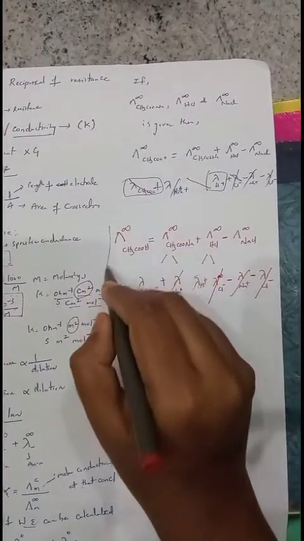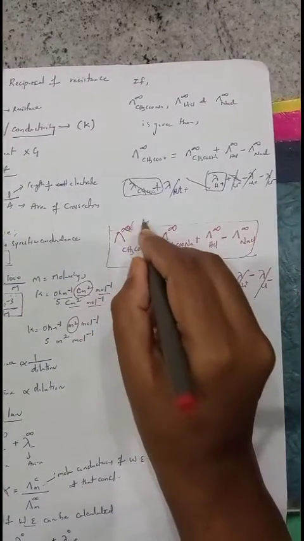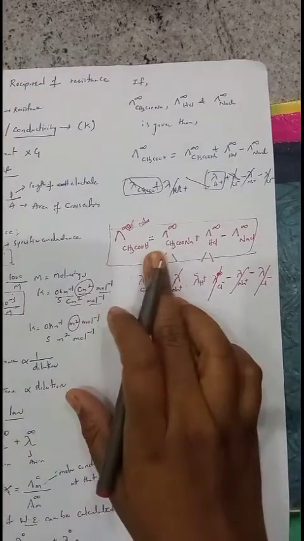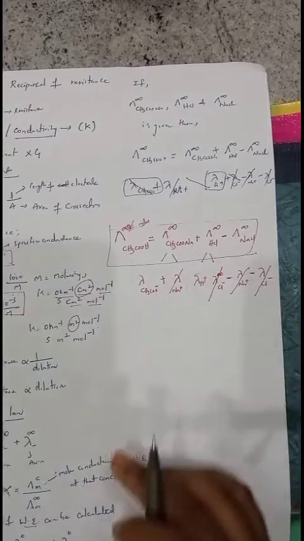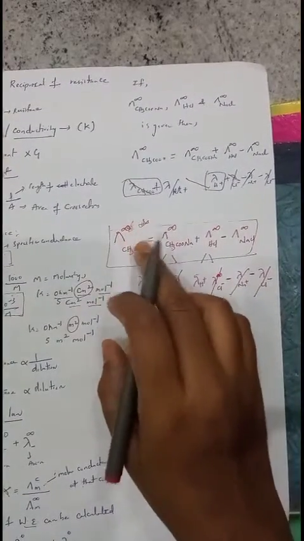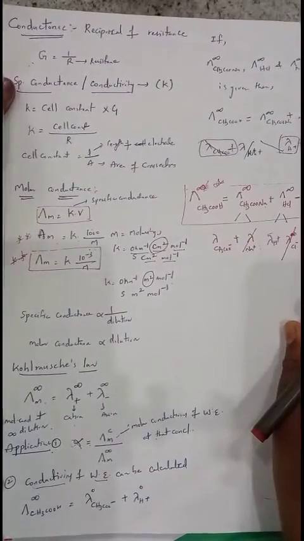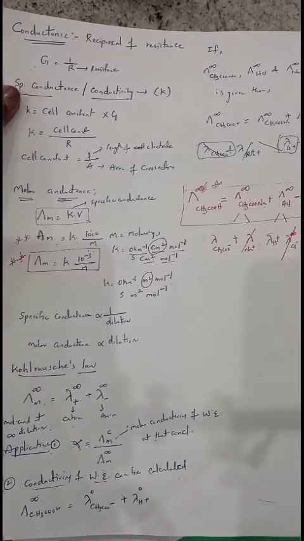So this sum value will give the molar conductivity of weak electrolyte. So this you want to remember. This is also very important for calculating problems. Understand? So this is about Kohlrausch law and how we can calculate the conductivity of a weak electrolyte. Take a screenshot of this or note it down, and now we'll solve a few questions based on the synopsis.